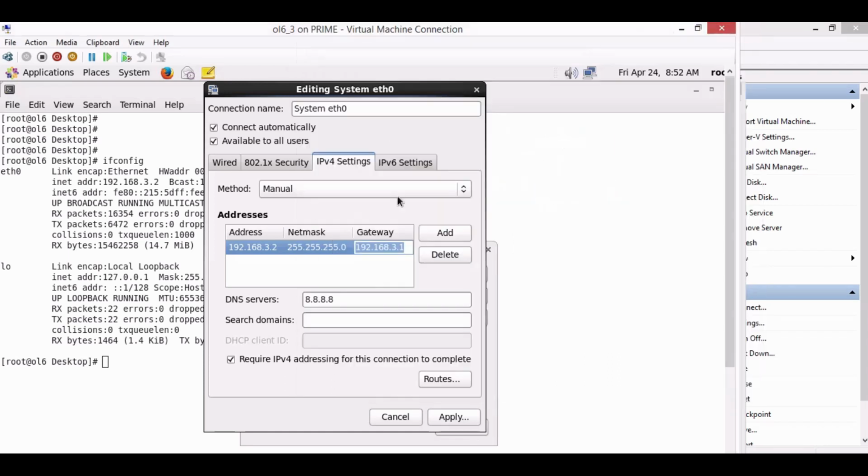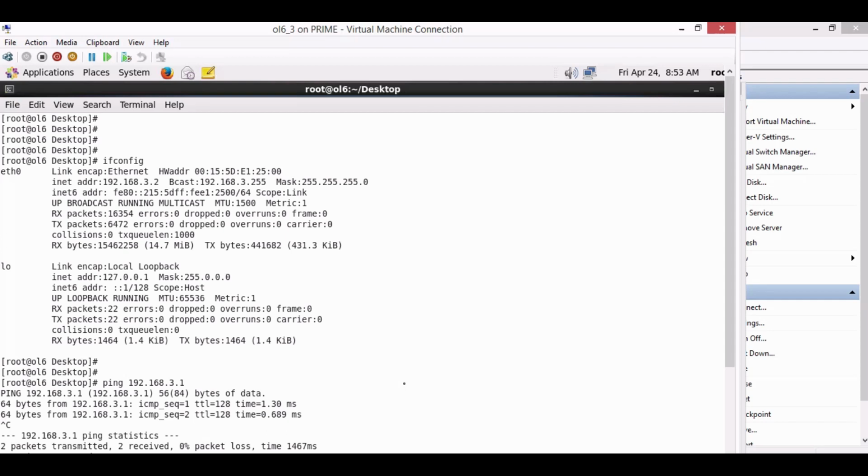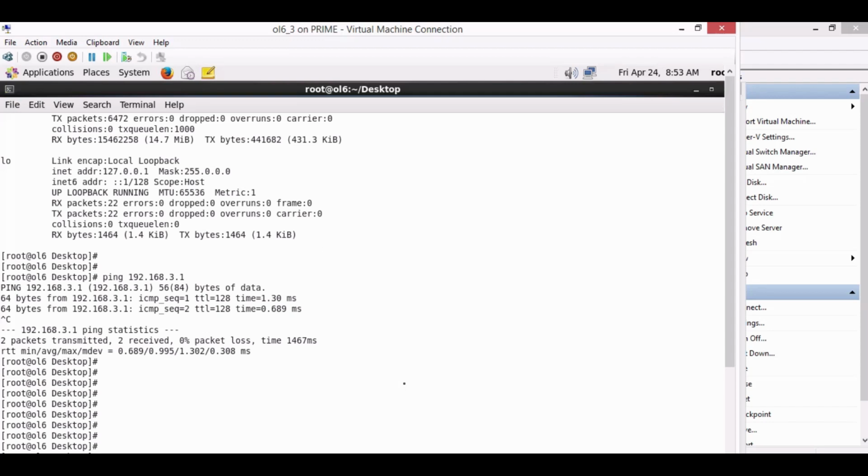Cancel out from here, enter the same gateway IP over here, and provide an IP of the same series with respect to this gateway, and cancel out from here. Then try to ping this gateway so that it confirms whether you are able to connect to your Windows machine IP. If you are able to ping, then you can configure it as a gateway. Cancel out from here.